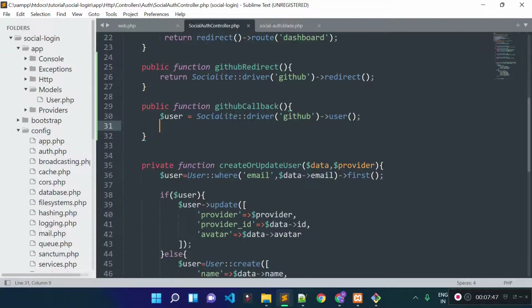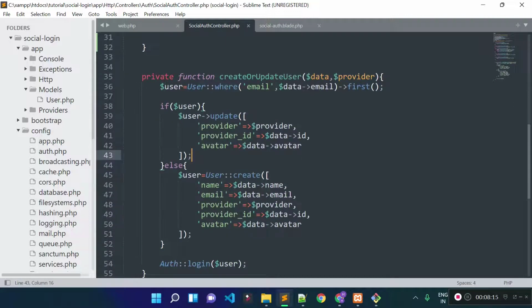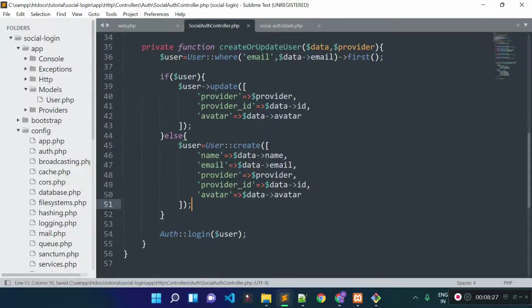I created a common function here, create or update user method, where I am accepting user data and I am accepting the provider name as a parameter, and then I am checking if there is any record found with the email address we are getting from the GitHub, then we are taking the first record, and if any user found, then we are updating the provider ID and avatar into the users table, and if no user found, then we are storing the new user data to our users table with the help of user model create method.